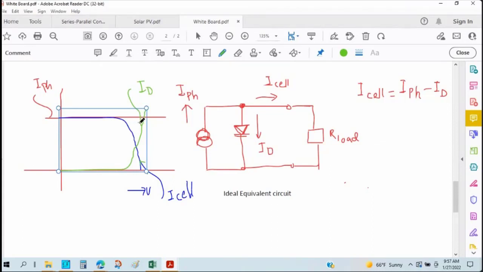So cell current will decrease, diode current will increase. The total current is the same actually, right? IPH, I mean the photocurrent, is the summation of cell current and diode current. So it's constantly generating this, and you know the property of the diode, right? This will be the shapes of the current at different sections, and this is for the ideal equivalent circuit. But in practical cases,